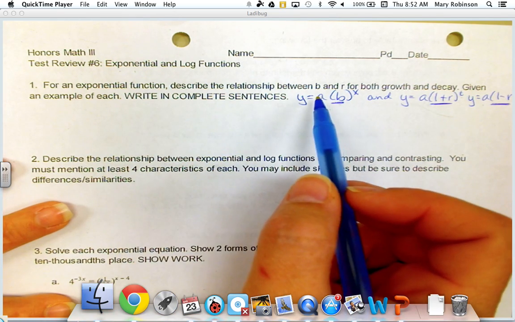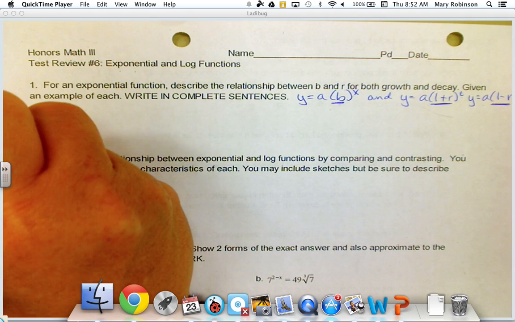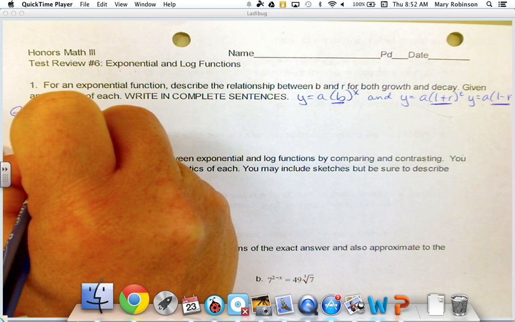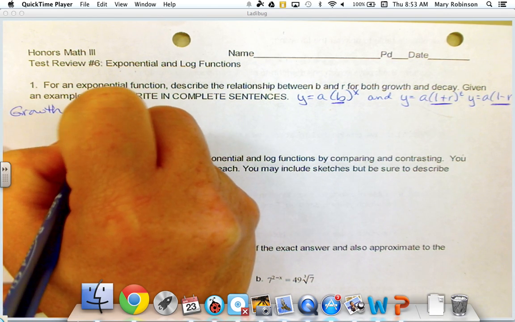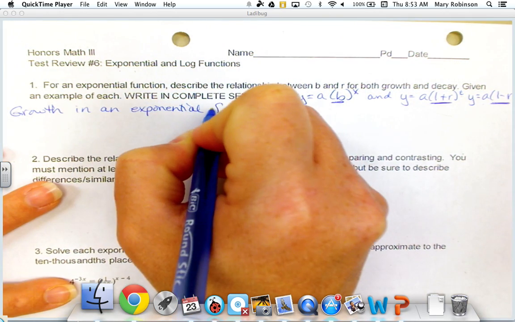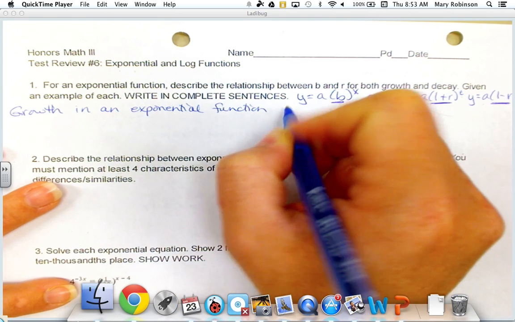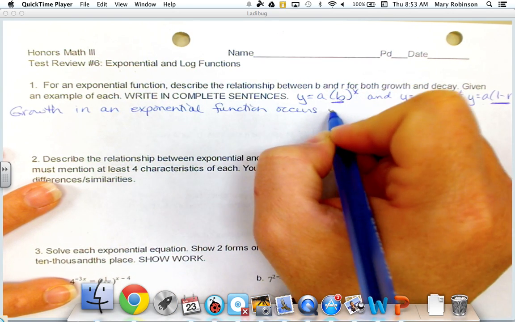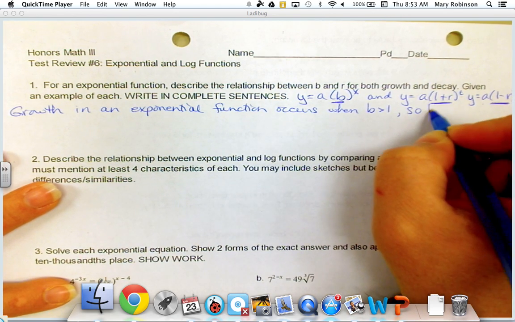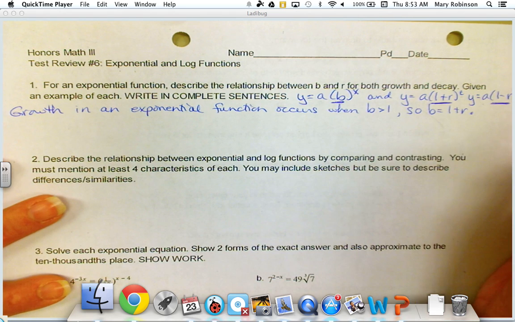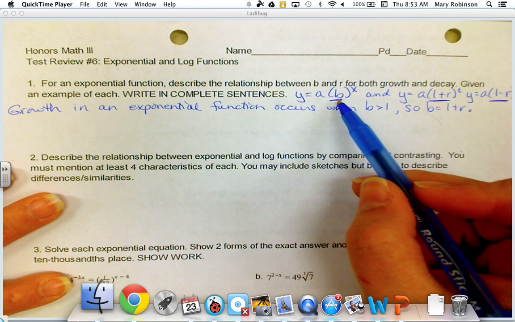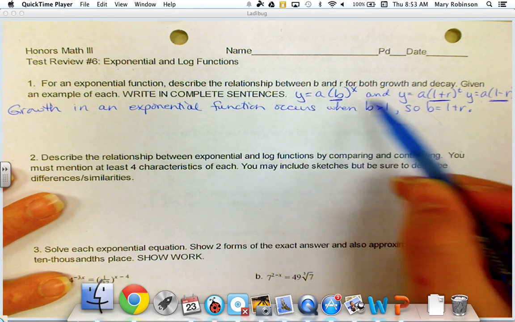describe the relationship between b and r, which means that growth in an exponential function occurs when b is greater than 1, so b is equal to 1 plus r. So that would help relate this equation here to this equation here, where our b is equal to 1 plus